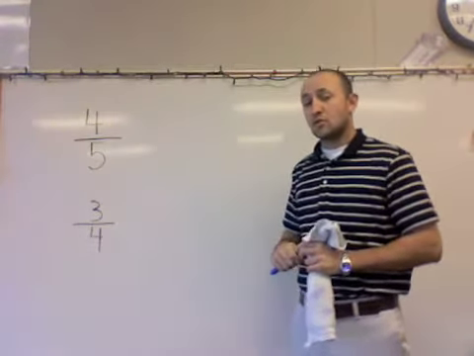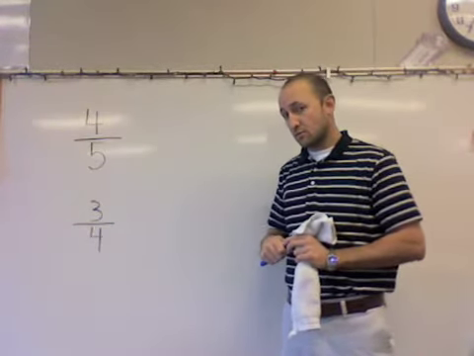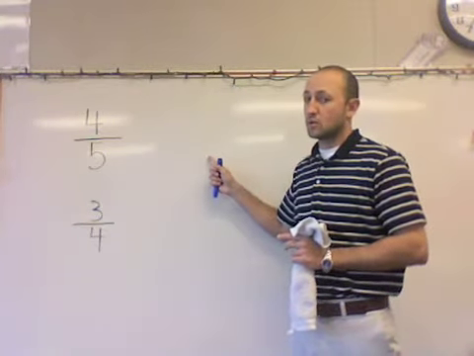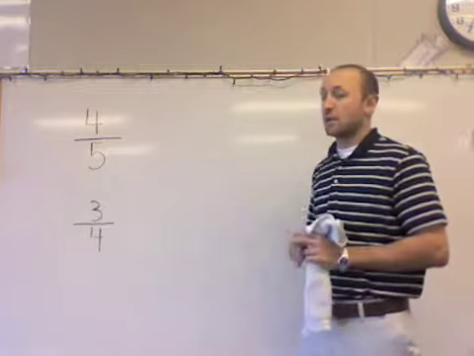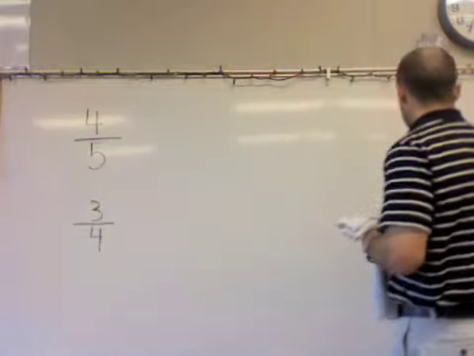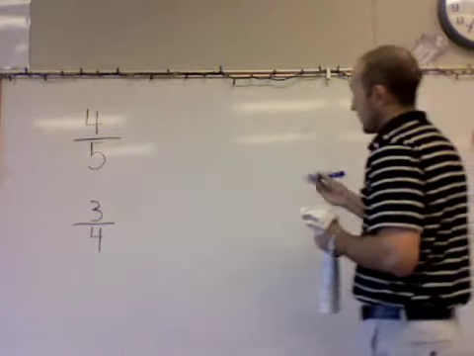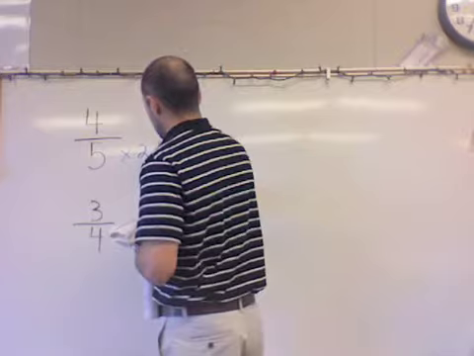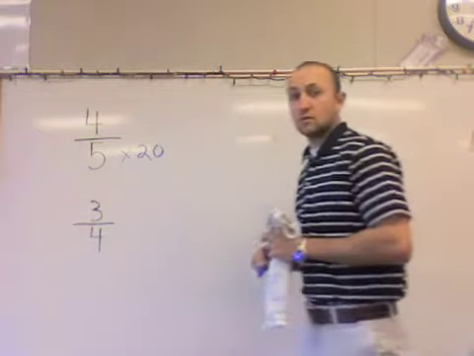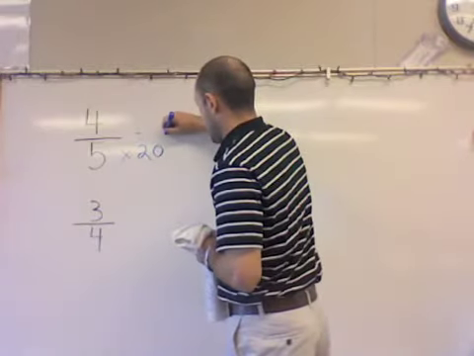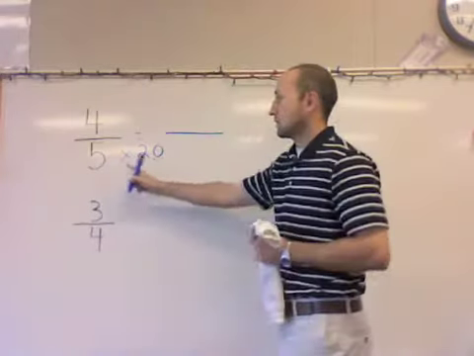Now there's two ways to do this. I can use mental math to find out 5 times what equals 100. Or I could take 100 divided by 5 and that will give me my answer. But since we're dealing with 5, most of us will probably be able to use mental math, and we're going to know that if I multiply it by the number 20, it's going to give me 100. So I'm going to start doing that. 5 times 20 equals